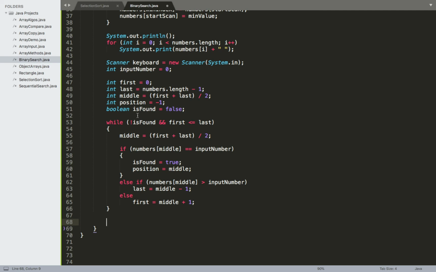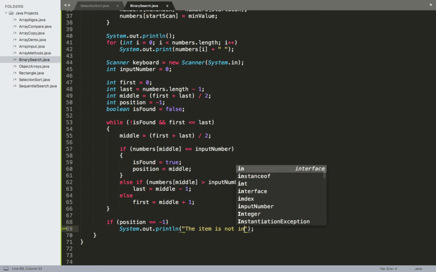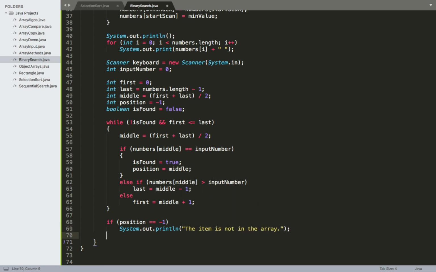In either one of those cases, eventually we're going to break out of this while loop and then move on to the next portion of the code, where we will then just provide a little set of if statements letting us know if we found the item or not. So in the first case, we could say if the position is equal to -1, we can say the item is not in the array. Otherwise, we'll just go ahead and say that the item is at the position of whatever position is equal to. So we'll say the item is at position